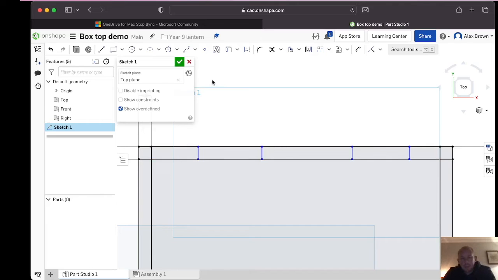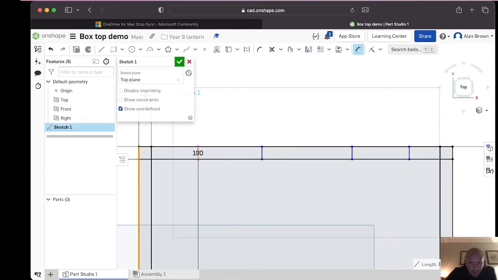So again, press D, and we need 5 equally spaced sections basically. And as this is 100mm across, we need to make them 20mm apart. This is where it really pays to be zoomed in, because you need to be able to see the individual little lines. From this line here to that line there needs to be 20mm. So I'm going to click on this one here,